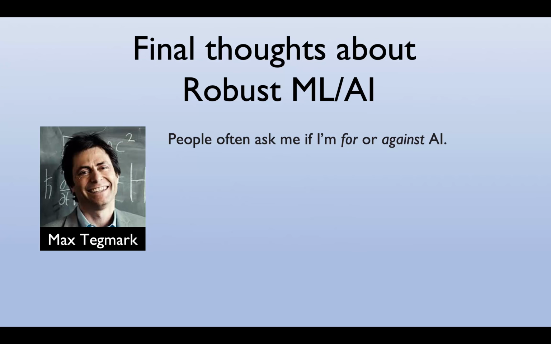So, to summarize, we should really be worried about robust machine learning, AI, and basically the lack of robustness. I would like to highlight a quote by Max Tegmark, who says: if AI and machine learning is so problematic, then should we really be using AI? The point here is that AI, like other technology, can be exploited for good or for bad. We should be careful. We should anticipate potential negative uses and plan for that.